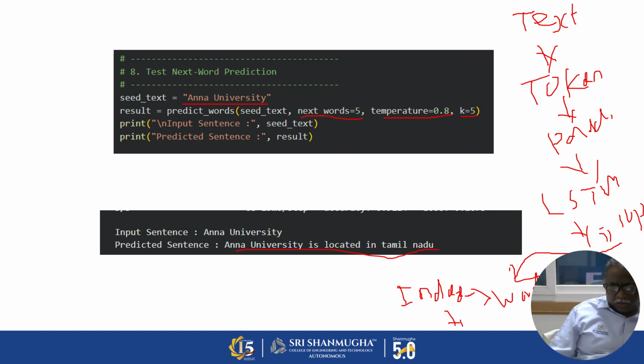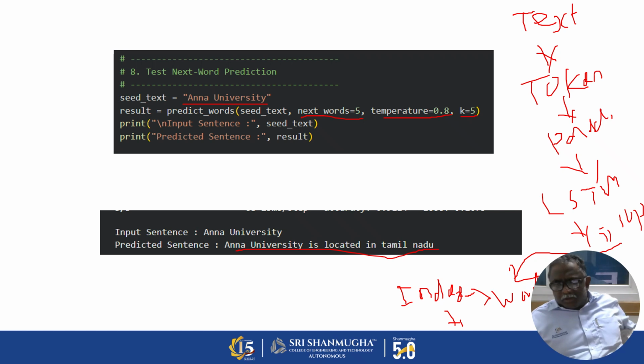Once padding is done, we go for training. For the training, we use the LSTM, and before the training, we have to split the data into X and Y. Okay, that we do. And once we have these 150 neurons, it will try to see different sequences. Then, in order to have better accuracy, we do top K sampling and temperature scaling. Temperature scaling will try to adjust the probability.